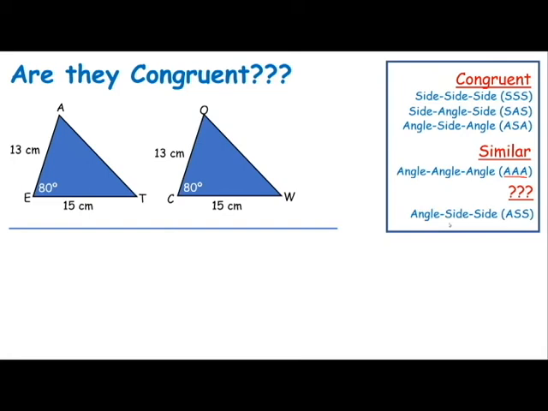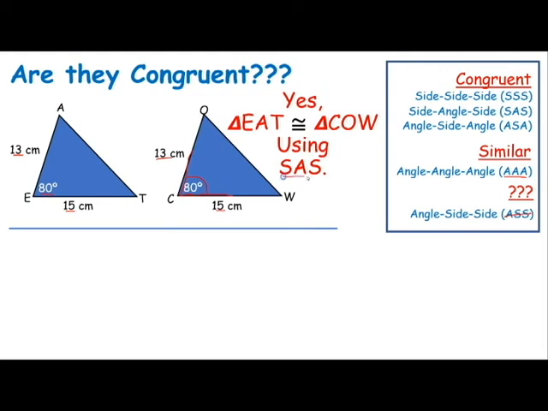And if you know an angle and two sides, but the angle is not between them, then you have this non-theorem. It proves nothing. Looking over at this picture, notice that I have a 13, an 80, and a 15. That is a side, an angle, and a side, or two sides and the included angle. That tells me that these are congruent. Notice I answered the question, yes, triangle EAT is congruent to triangle COW using side, angle,